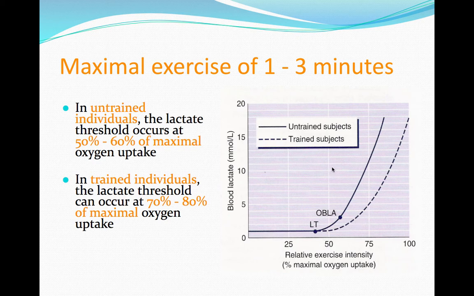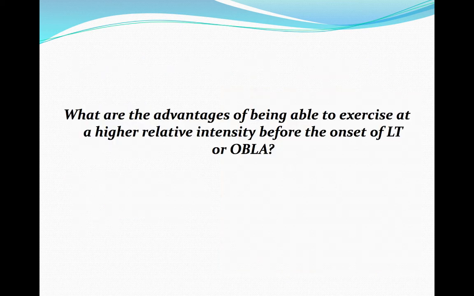In untrained individuals, because you haven't trained your systems to help clear the lactate, it's going to build up quicker than in a trained individual. However, in trained individuals, typically endurance trained individuals, the lactate threshold can occur at 70 to 80% of maximal oxygen uptake, or even more intensely. So that's a really good thing,